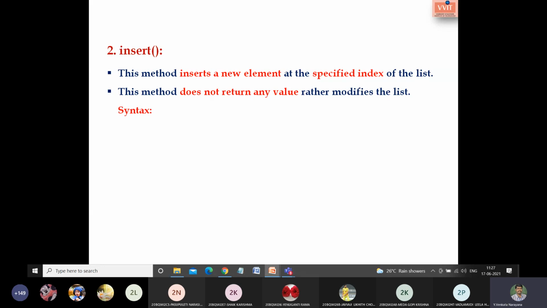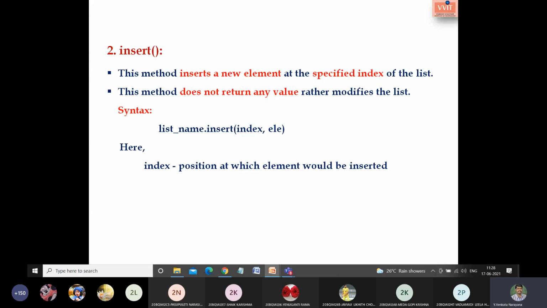So the syntax: we need a list name dot insert, the position at which we have to insert, and the element we are inserting. Here index is nothing but the position at which the element is to be inserted, and el is nothing but the element to be inserted.